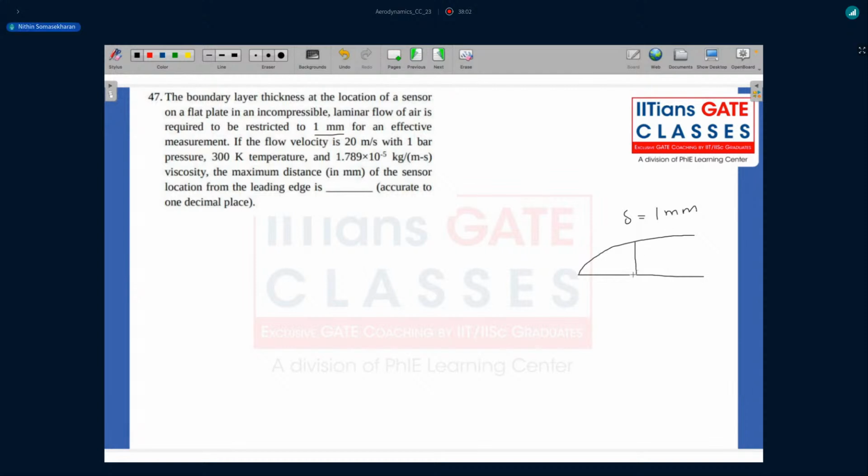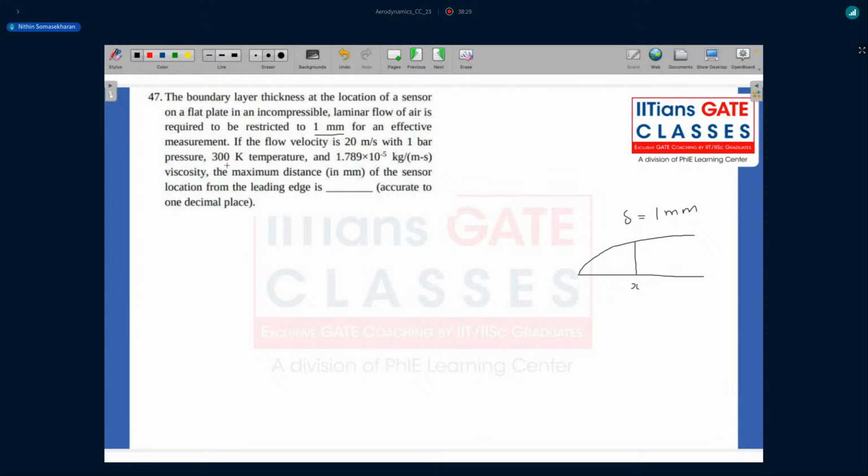And I can only keep my sensor till this location. Let me call that X location. If I keep my sensor anywhere beyond this, it won't work for me because the boundary layer thickness is going to get bigger than 1 mm, and my sensor cannot work at any location where my boundary layer thickness is greater than 1 mm. So what they're telling us, if the flow velocity is 20 meters per second, pressure is